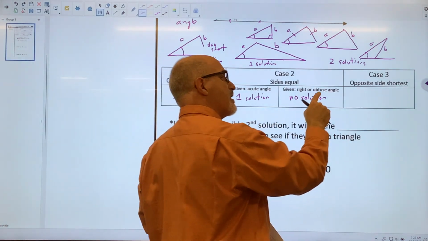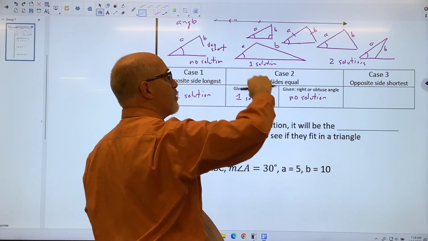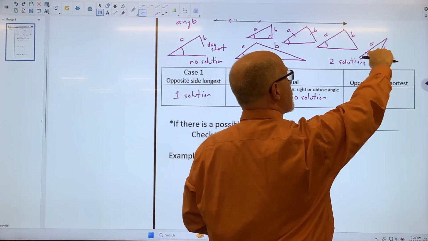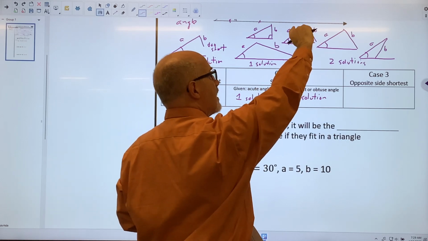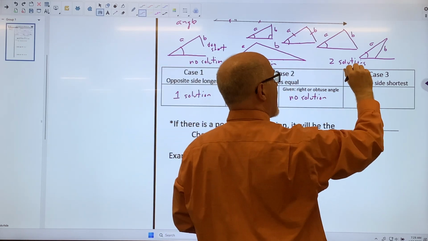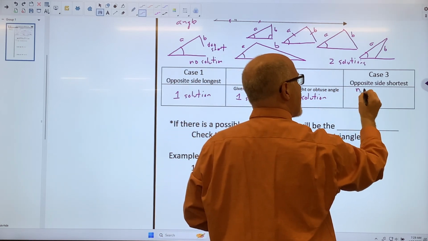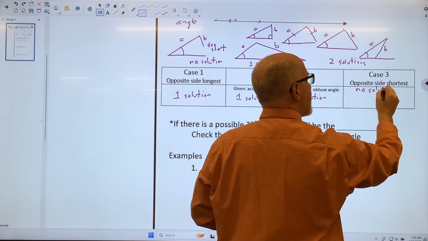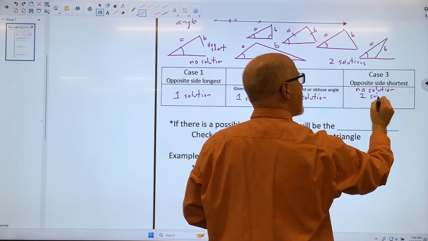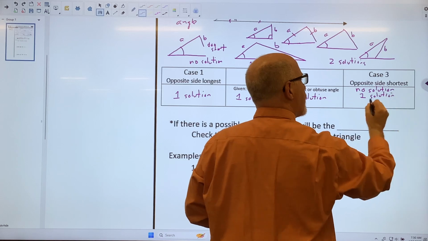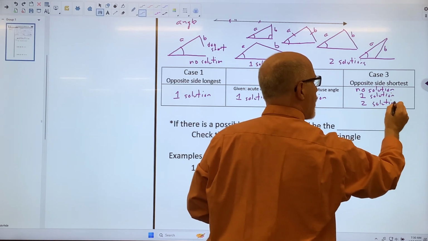But what we're interested in is what happens when you have the opposite side, the shortest, where you might get this situation, or you might get these two situations here, or the possibility, again, of this one solution here, if it's the shortest side, where it just swings and hits it once. So here you possibly could get no solution, you could possibly get one solution, or you could get two solutions. This is the one we're going to explore with our different